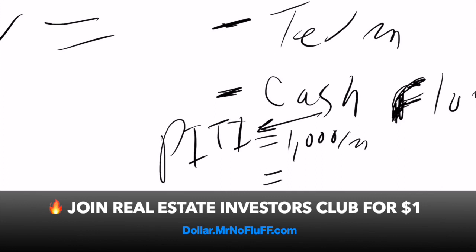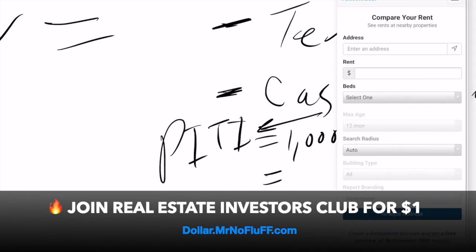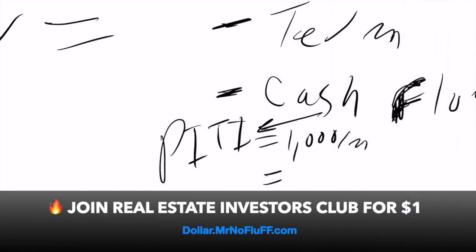Okay. Then the next thing I do, and what I teach my students, is that they have to run the comps really quickly. One website they can use is Rentometer.com. They just type in the address of the property and how many bedrooms and bathrooms it has, and it analyzes the rents in the area and quickly tells you what you can get